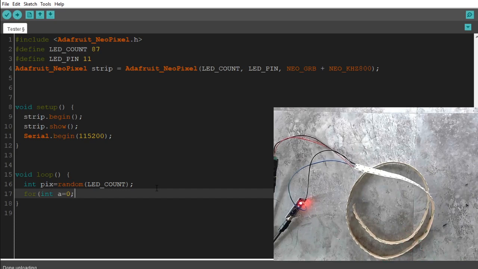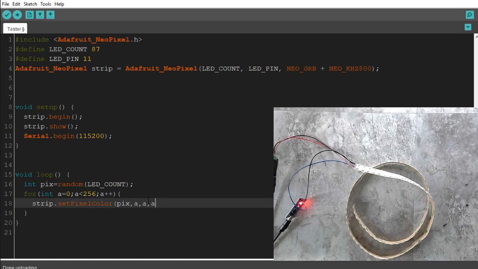Now, if I were to set the pixel brightness is 0 to 255, right? So a equals 0, a is less than 256, a plus plus. So a is going to go from 0 to 255, right? Because 255 is less than 256. All right. So we're going to strip dot set pixel color pix, which we chose at random up here, right? We chose a random pixel. Pix comma a comma a comma a. So it's going to pulse it white. Okay. We're going to do strip dot show,